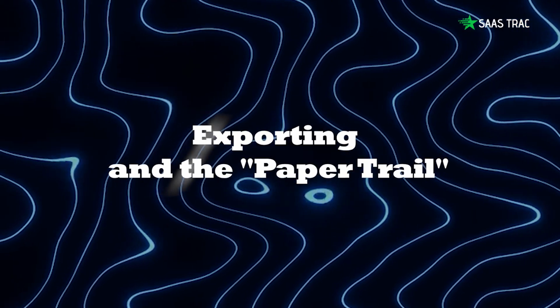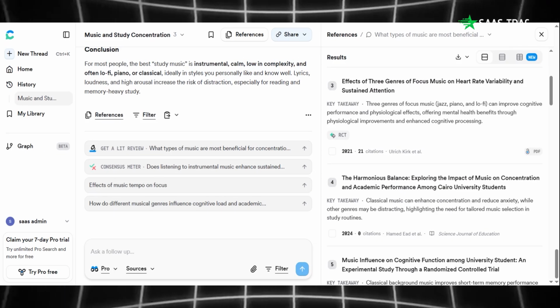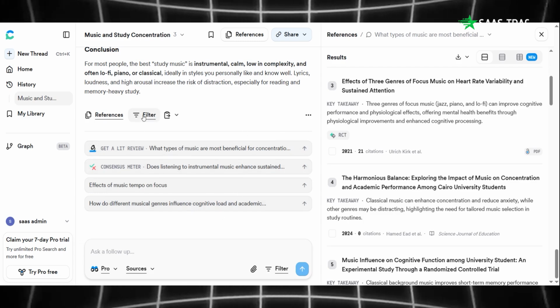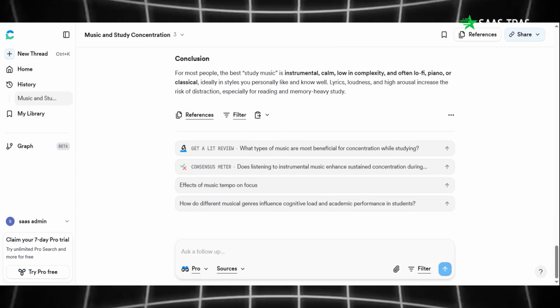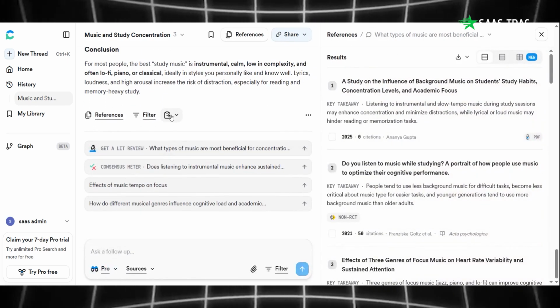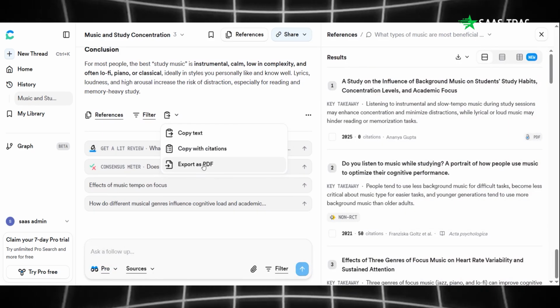Exporting and the paper trail. The final step of any deep research is the paper trail. If you can't prove where you got your information, your research is worthless. In Consensus, scroll to the bottom of your search results to the References section. You don't have to manually type out bibliography entries. Click the Export button. You can choose to copy citation in APA, MLA, or Harvard format, or better yet, select